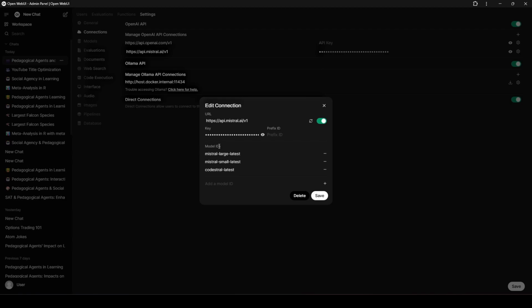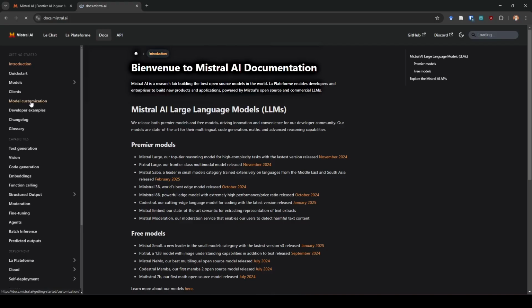And then under model IDs, you have two choices. One, you can just leave it blank, but if you do that, it's going to give you all of the models available under the API. And that's great, other than some of them are a little bit redundantly named, and it was just a little bit overwhelming for me. I didn't need access to all of them. I only foresee myself using a couple of them. So what I did is I grabbed the exact model name off their website. I'm going to leave a link in the description to that, but for now, I'll just show you real quickly